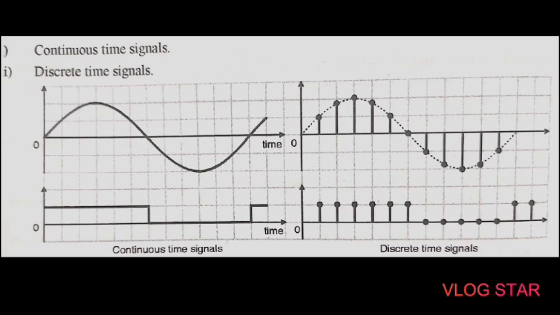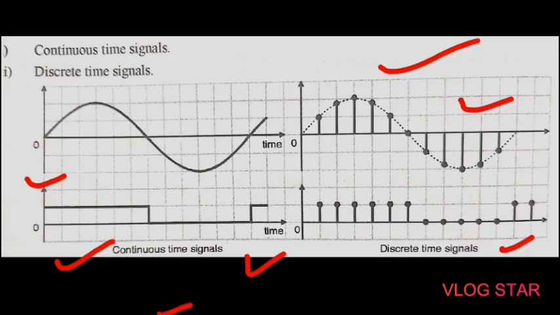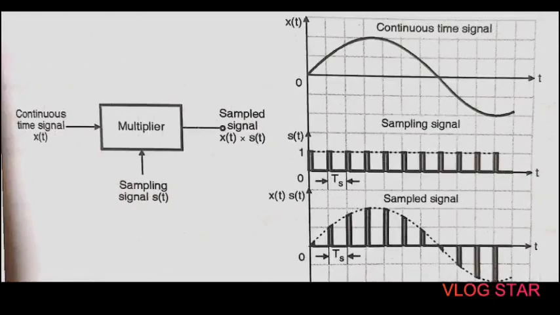As we know, in the pulse modulation systems, we are going to deal with discrete time signals. So we know that basically there are two types of signal: one is continuous time signal and second is discrete time signal. The signal which is having continuous amplitude with respect to continuous time is called a continuous time signal, and the signal which is having discrete amplitude with discrete time is called a discrete time signal. Here the waveforms of continuous and discrete time signals are shown in this figure. So let us see the sampling process.